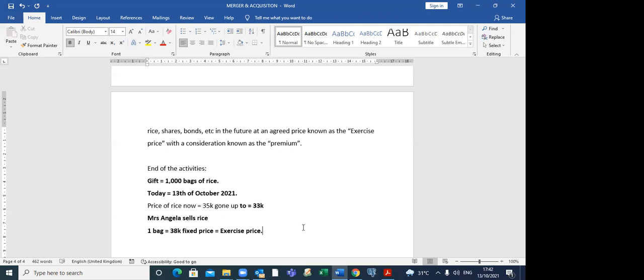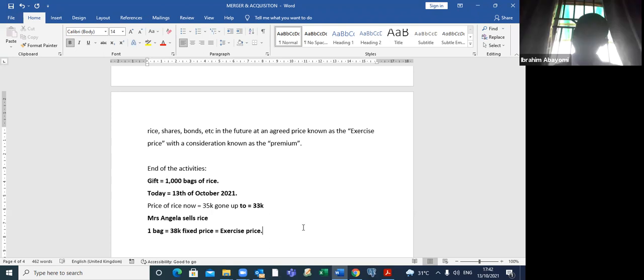So I want to ask that since there is already an agreement, the second thing that you said, that if the price in future is down, less than the agreed price, shouldn't the agreement be binding, that you must buy it at the exercise price? No, it's not binding. It's not binding on me. It's only binding on the seller. It's not binding on the buyer.